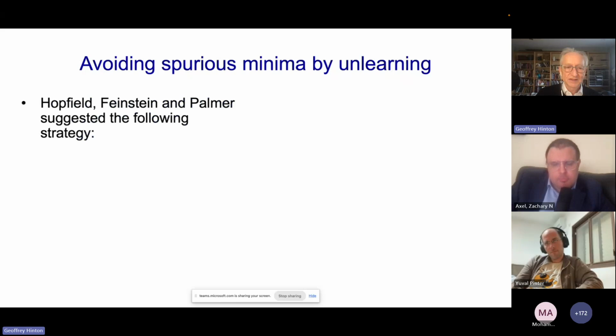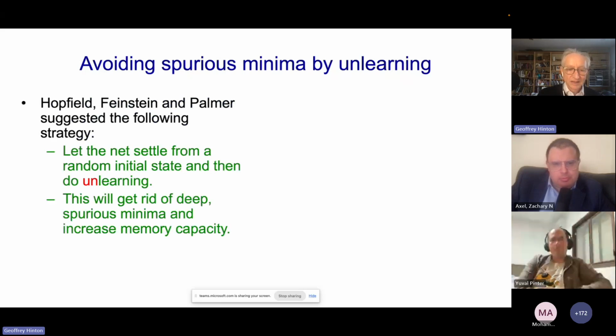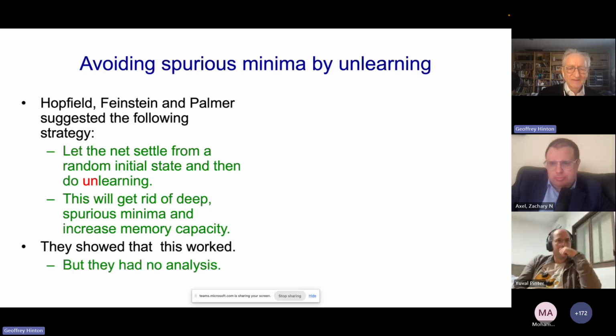To deal with that, Hopfield, Feinstein, and Palmer suggested that what you should do is put the net in a random state, let it settle, and do unlearning. That way you get rid of deep minima, because it will probably settle to one of the deep minima, which might be the spurious states. This seems extremely optimistic. They showed that it could be made to work, but they didn't have any theory of why it worked. And they didn't have any theory of how much unlearning you should do. Based on that idea, which is basically Feinstein's idea,